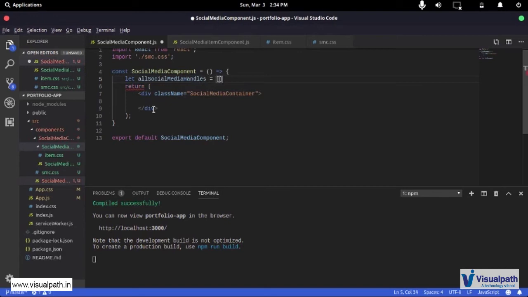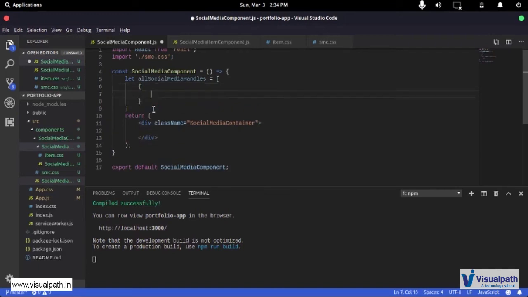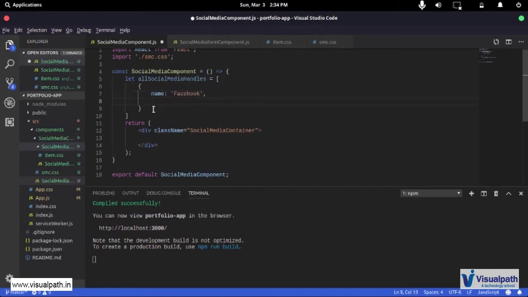Now this is going to be an array, and it will be an array of objects. Each object is going to contain two things. One is going to be the name, so say the name is Facebook, and then I have a link.